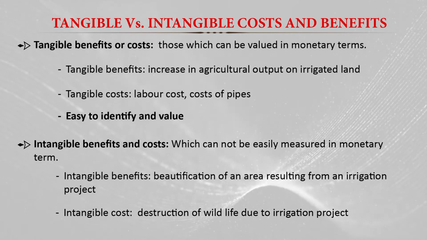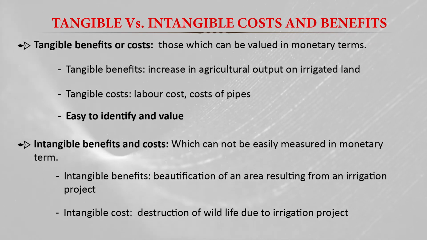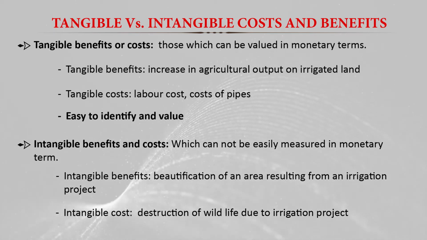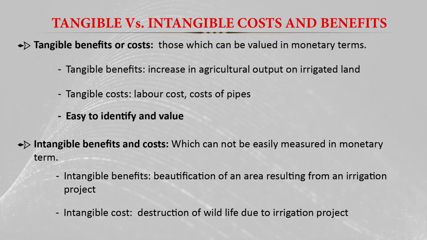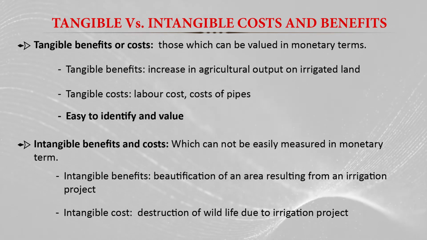If we are developing a new irrigation project, like building a dam, there will be some loss to the wildlife in that area. We call that an intangible cost, because we cannot measure that loss to the wildlife in monetary value. But we have to make some estimates of the loss in order to have the correct assessment of the project's cost and benefit, the correct assessment